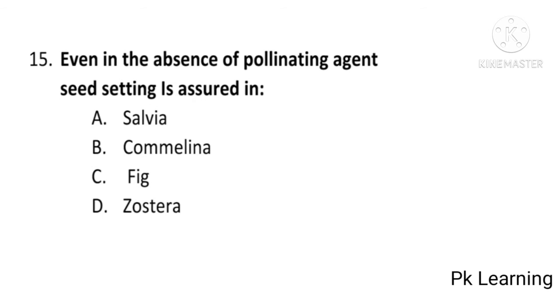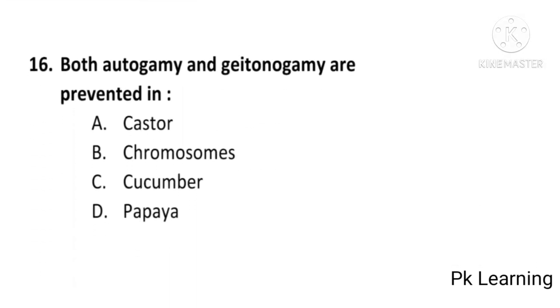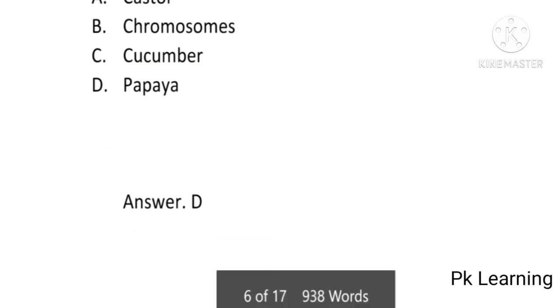even in the absence of pollinating agent, seed setting is assured in Salvia, Commelina, fig or Zostera, and the answer is B, Commelina. Seed setting is assured in the absence of pollinating agent in Commelina. B is the correct option. And the next question is both autogamy and geitonogamy are prevented in castor, cucumber or papaya, and the answer is D, papaya. Both autogamy and geitonogamy are prevented in papaya. D is the correct option. And the next question is